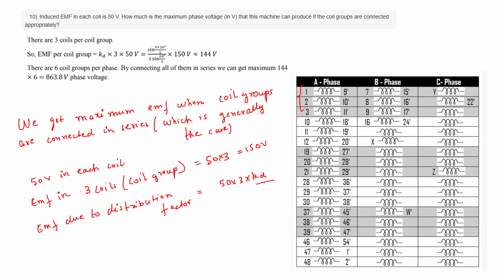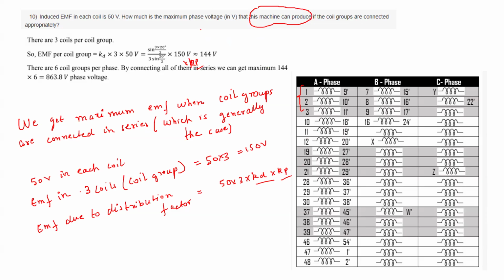Now, this is a generalized thing, but there is a short pitch also, because they're asking for the maximum phase voltage that this particular machine can produce. In this particular machine there is short pitching also, right? So you also have to take into consideration the Kp, which they have not taken, which they should take. In the solution they should take Kp also, because if they were asking in general,